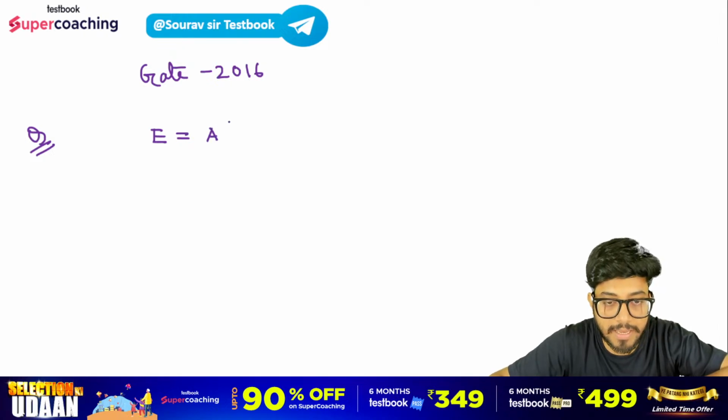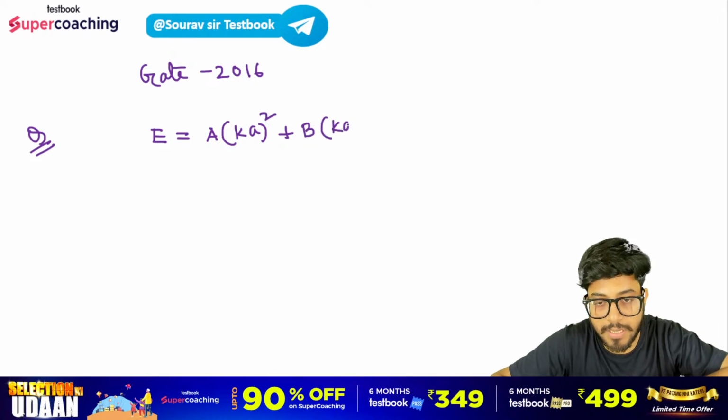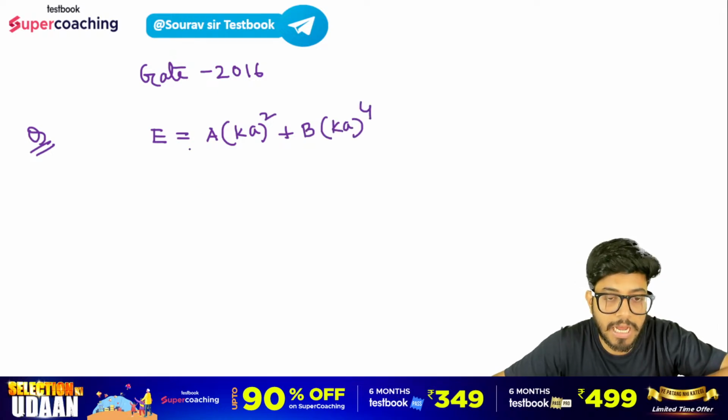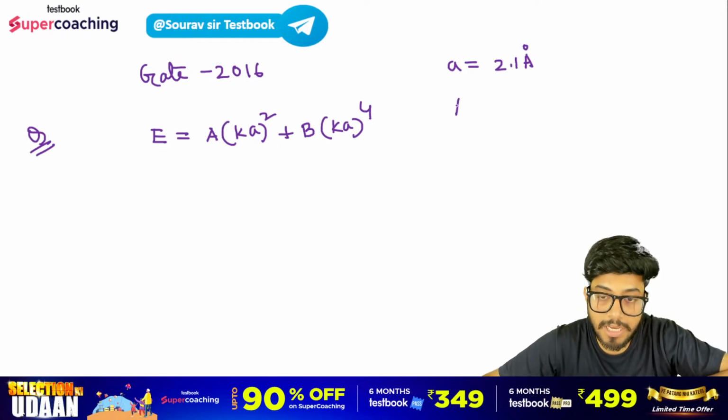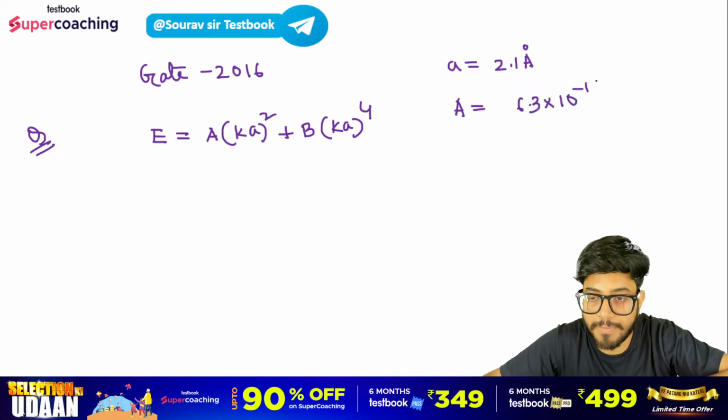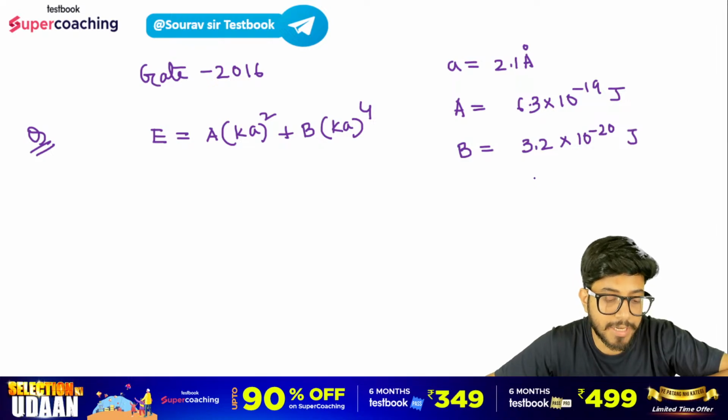के फॉर्म में दिया गया है, A into K स्क्वायर प्लस B into K to the power of 4। अब कुछ और भी इंफॉर्मेशन है। लैटिस कांस्टेंट कहा गया है 2.1 एंगस्ट्रॉम। वैल्यूज ऑफ ए एंड बी आर, यहाँ पे ए का और बी का वैल्यू कह दिया गया है। ए इज गिवन एज 6.3 into 10 to the power of minus 19 joule। B has been said 3.2 into 10 to the power of minus 20 joule। अच्छा, बोला गया है बॉटम ऑफ द कंडक्शन बैंड में रेशियो ऑफ इफेक्टिव मास